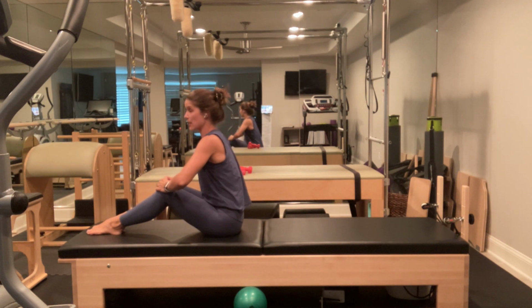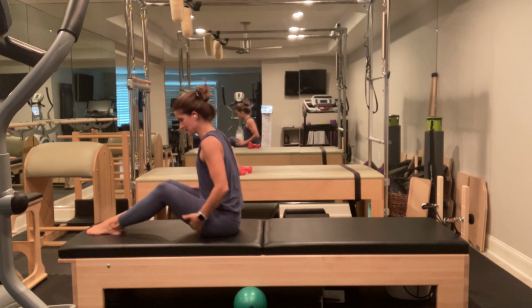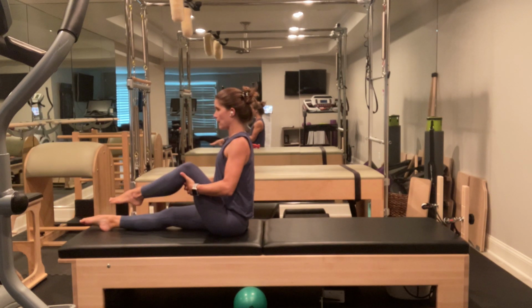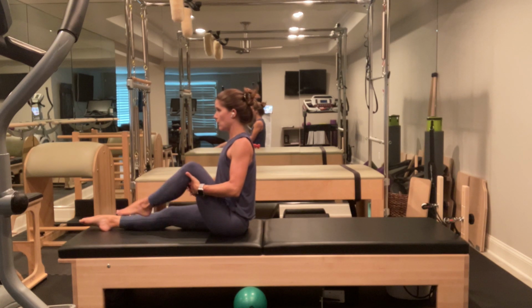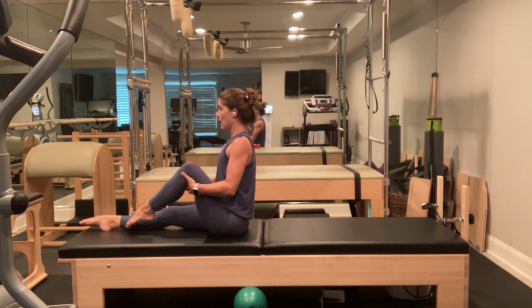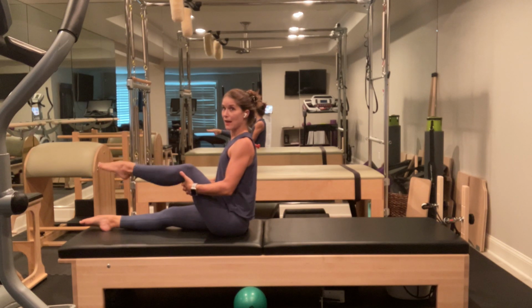We're going to do tree on the mat. We're going to start with the left side. We're going to extend our right leg long on the mat. Hold on behind our right knee and draw our thigh into our chest, sitting straight up on your sits bones. From there, I'm going to extend my foot with my hand behind my knee and then